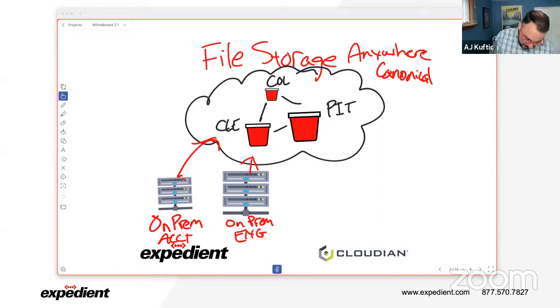So my accounting group, whole lot of Excel spreadsheets, QuickBooks, accounting system data. But my on-prem engineers, they've got CAD and they've got images. Those are 2 very different data types, and I can customize my caching based on what they need, and I'm only keeping the local storage set to what those individual groups need. So my accounting group may not need a super huge cache because Excel files are real small, but my engineering group may need a very large cache because CAD files and image files are very big, and I can customize it as I need. But I can also